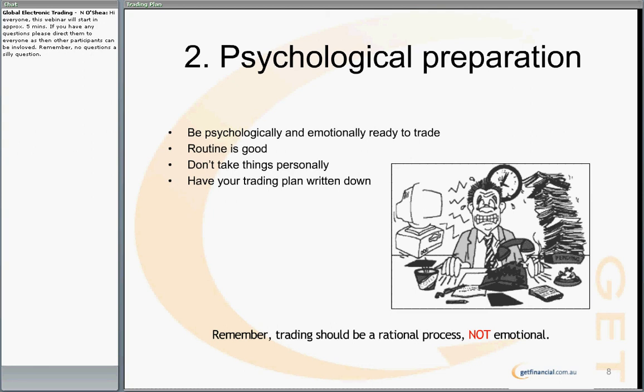Have it written down and leave it on the desk where you're going to be trading. Okay, your trading plan should be written down. Don't get yourself in a position where you're reacting emotionally to market movements. It should always be in your trading plan. You will more than likely make money on one day trading emotionally, but you will not know why you made that money. Okay, and you will not be able